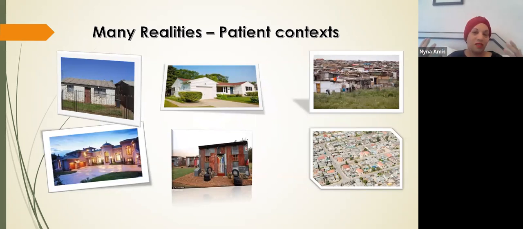Think about the patients that we serve, right? They could come from this mansion on this extreme left, or live in one of these informal homes. And you can get a clearer perspective when you look at it from a bird's eye point of view. Just look at the cramped way in which some people live their lives, and the spacious, beautiful, proper settings and arrangements with the roads and so on of those middle classes.